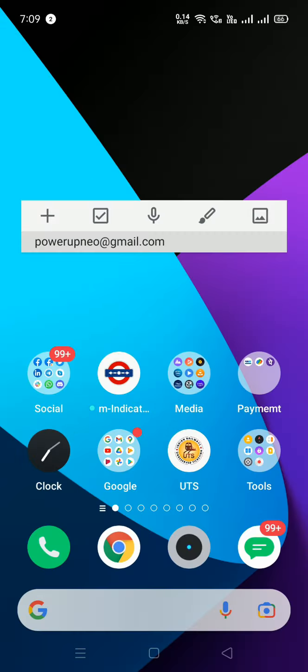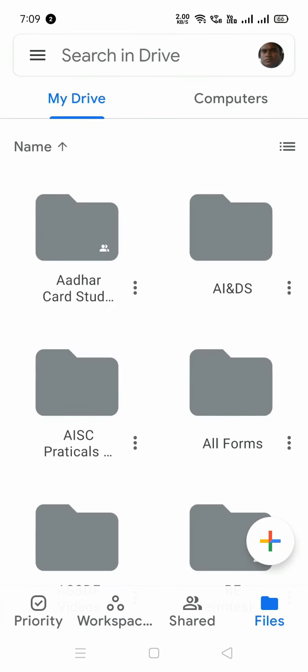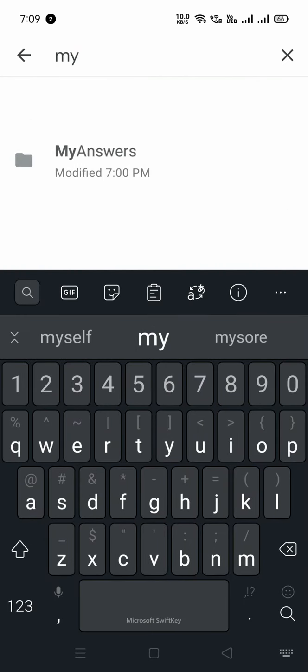Now I will show you where that file is actually getting stored. I will open my drive and I will quickly refresh by dragging down, so it will refresh the folders list because a new folder is created. Once the refresh is done, I will search my folder, my answers. Yeah, so that is my folder, and inside that you can see I have got a folder called paper 1. If I go inside that, you can see the new paper that is being uploaded. Okay, so this is how easy it is to scan and upload your file on Google Drive.